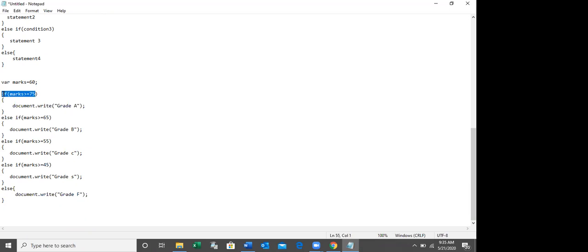The first condition is false. If the first condition is false, then this will check the second condition. If the second condition is also false, then this will check the third condition. If the first, second, and third conditions are false, then this will check another condition, the fourth condition, right?